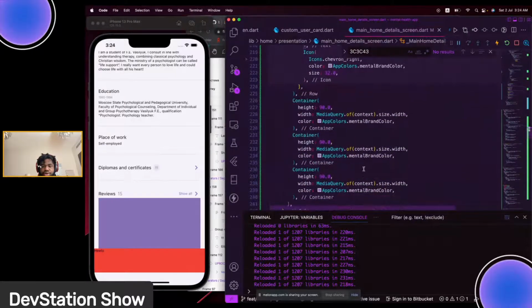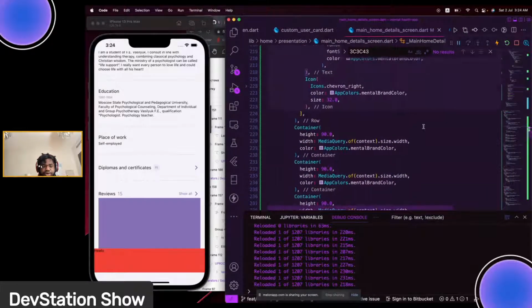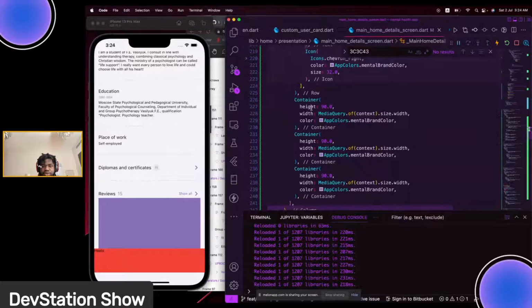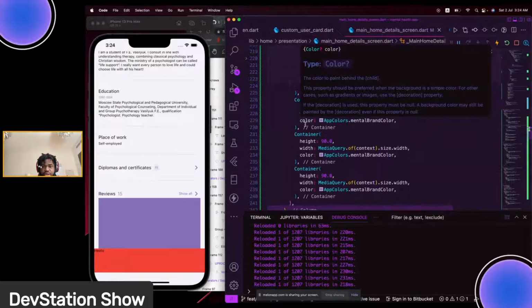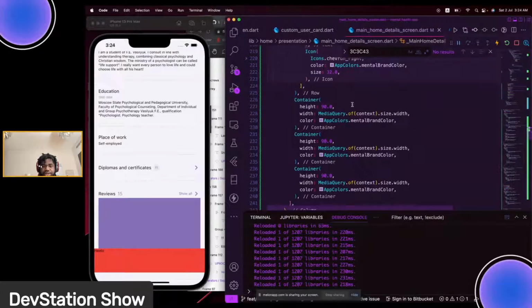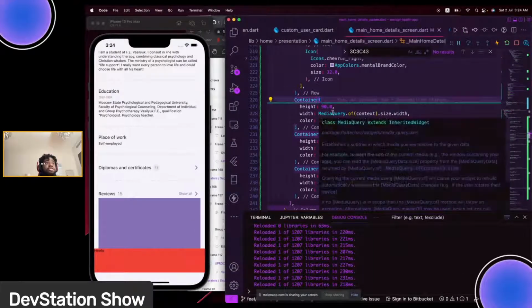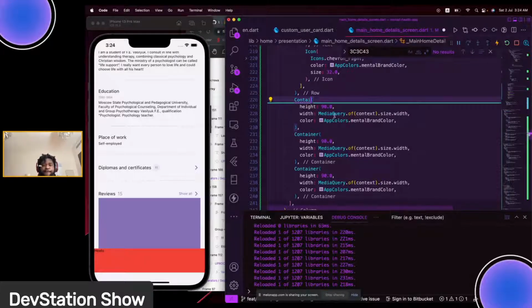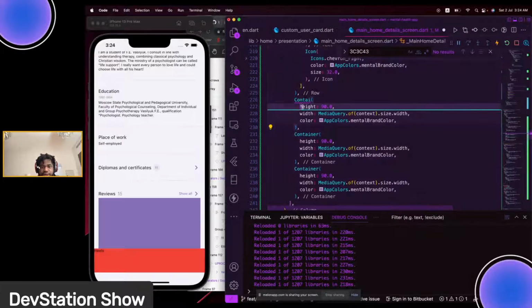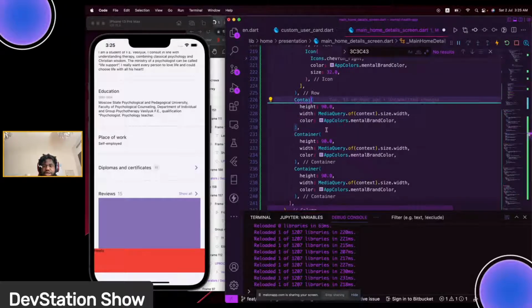Then over here we have a container, which is a starting point for it. This container is not going to have any height. Basically, it's not going to have any color widgets. So in that case, we don't need to use this container right here. Whenever you see yourself not adding a color property to something, you could basically use a size